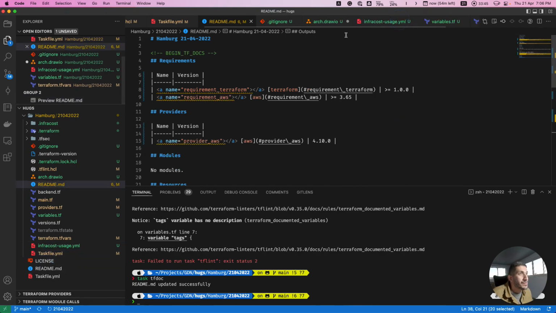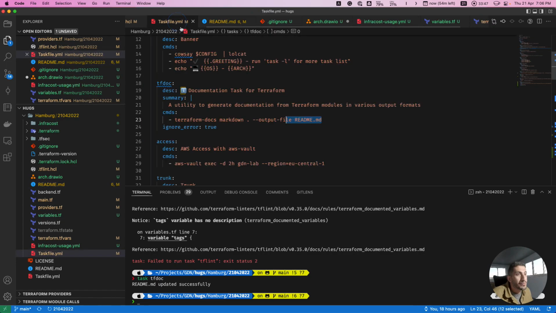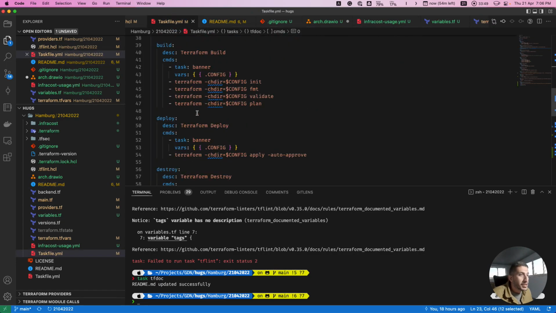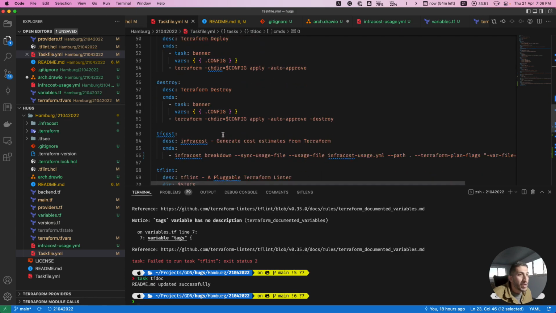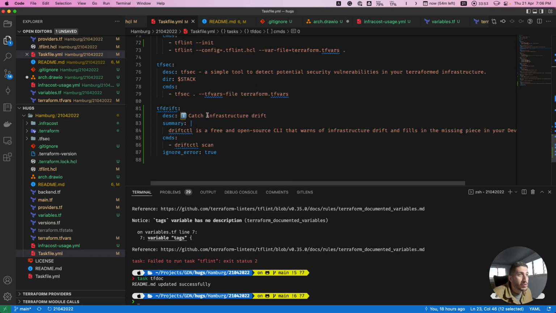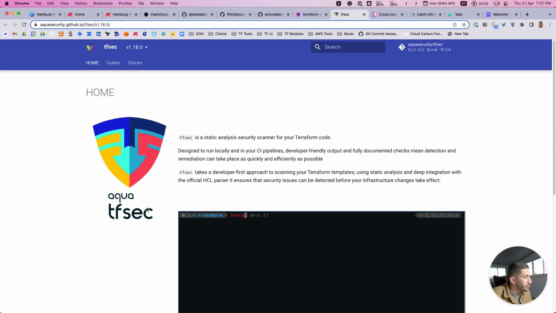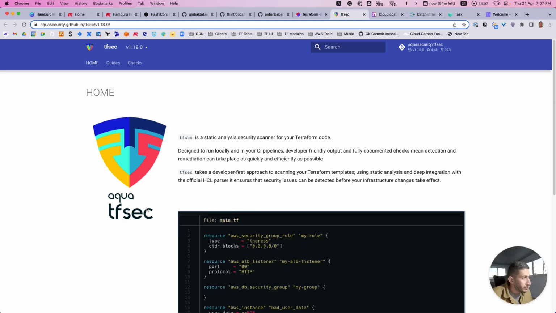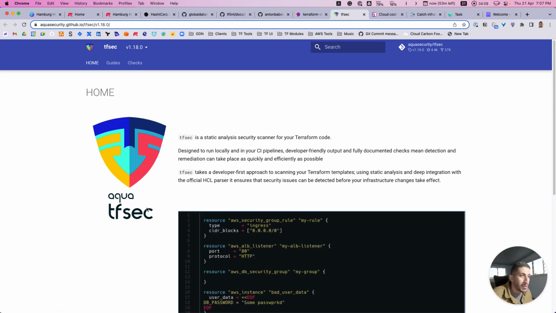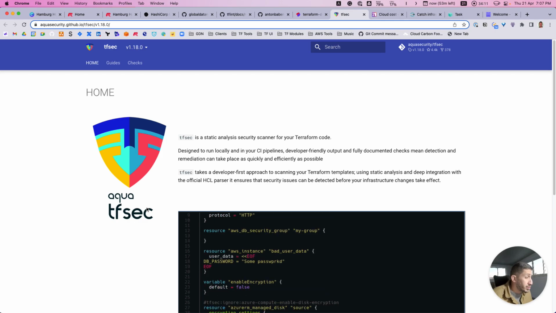Let's close this. Go to the task file. So again, the task file is like documentation for commands. You don't need to remember them. You don't need to worry about them. So there is a TFSec here. Just run Terraform scan. By the way, TFSec was developed open source by a guy called Owen and a bunch of open source enthusiasts.